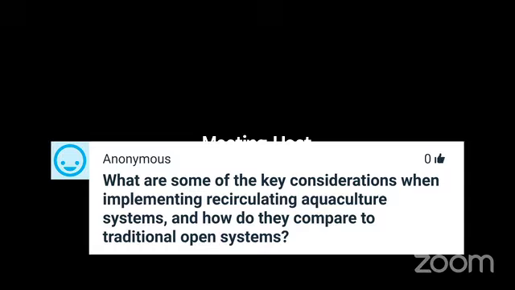Okay. What are some of the key considerations when implementing recirculating aquaculture systems, and how do they compare to traditional